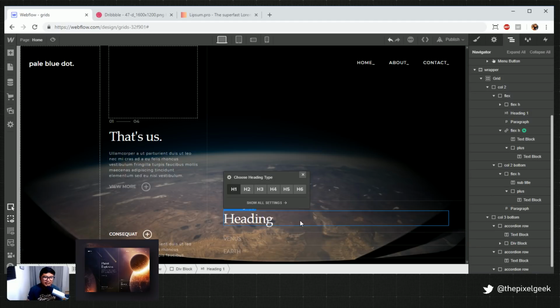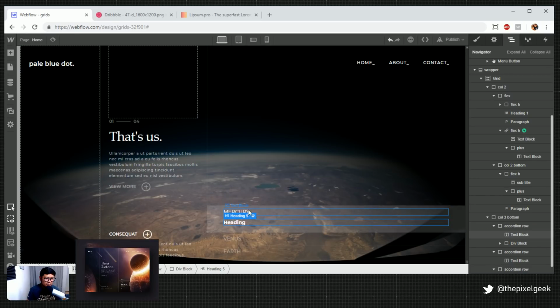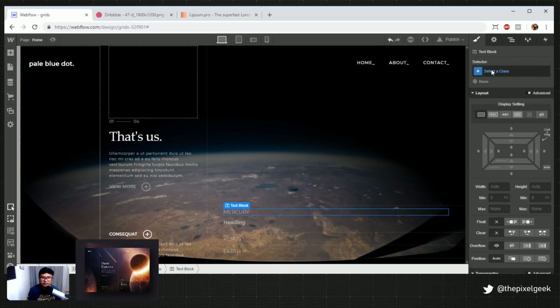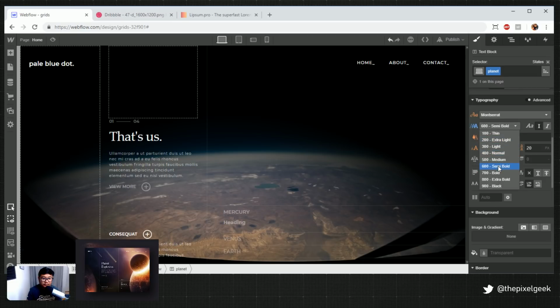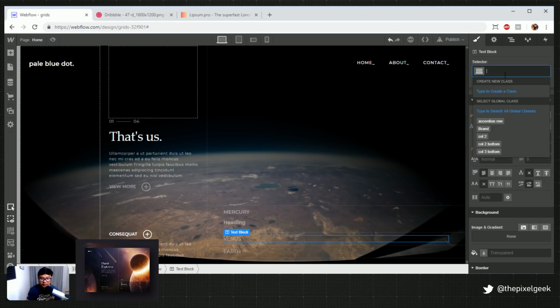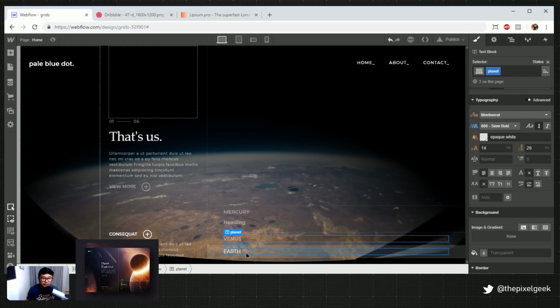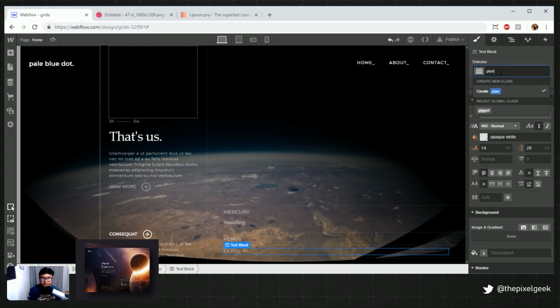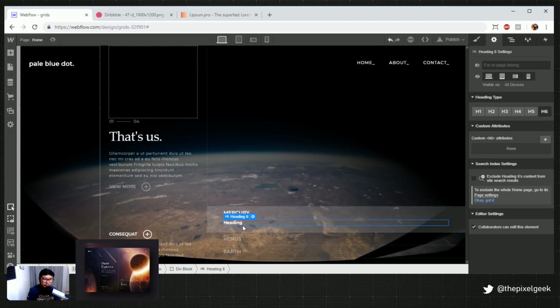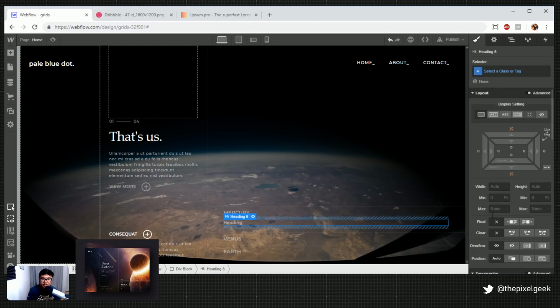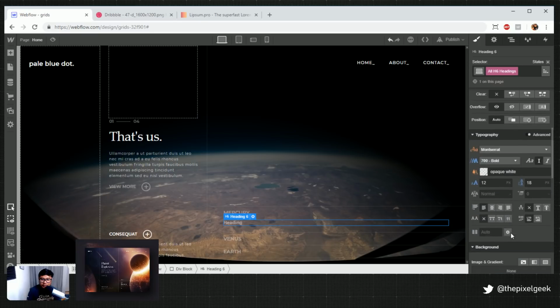All right, let's put a heading, and I'm going to make this like an H5-ish. Oh, wait. These need to be thicker, huh? Okay, let's call this planet. Captain Planet. All right. So this is going to be, let's make it H6, make it smaller. There we go. And it's going to be all caps. So all H6s will be all caps.